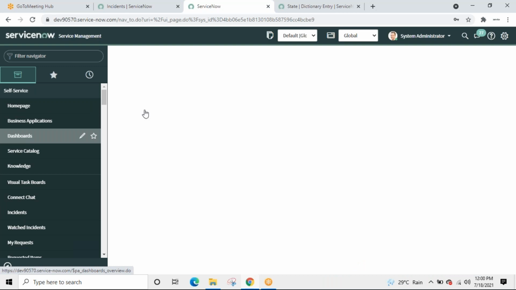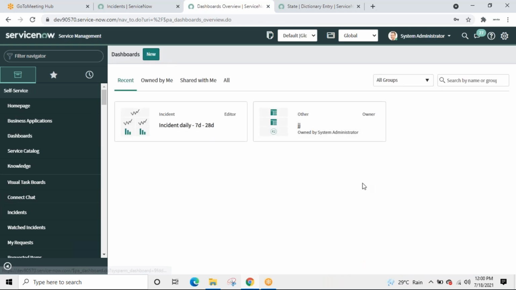We will create a new dashboard next time. There are lots and lots of widgets over here. I'll show you how we place widgets on the dashboard. Existing widgets we will place on the dashboards. We can create a new dashboard also. We will do it next time. And I'll show you all these things. Okay. So that's how we create reports in ServiceNow. We can add it to a dashboard.